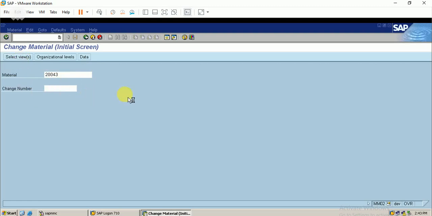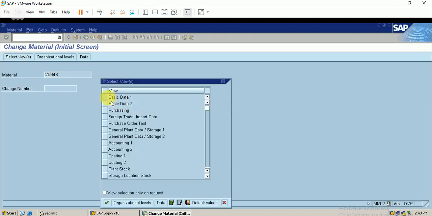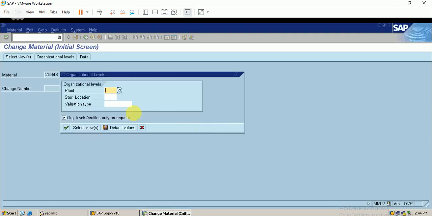Let me show you, going with the purchasing view. I just show you the prerequisite before carrying out the physical inventory process.